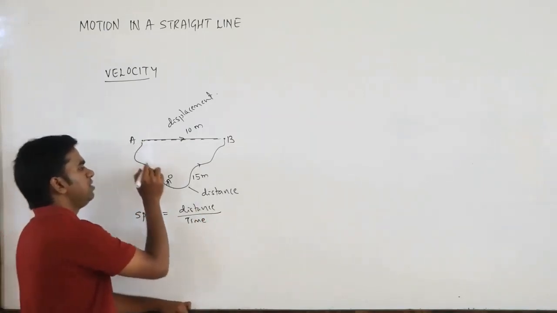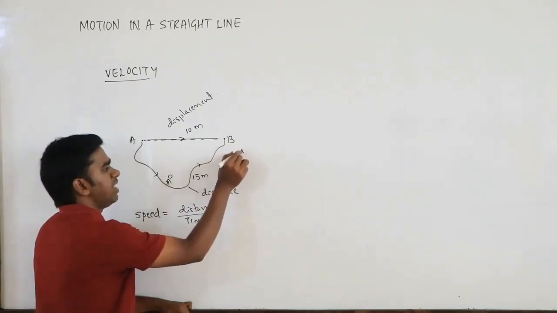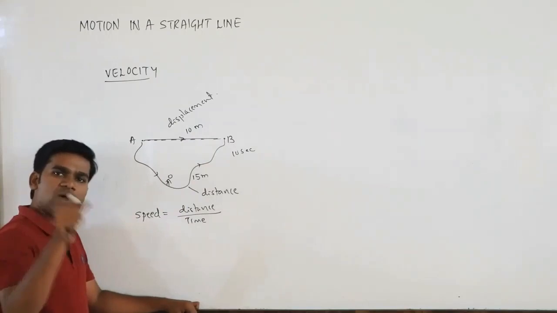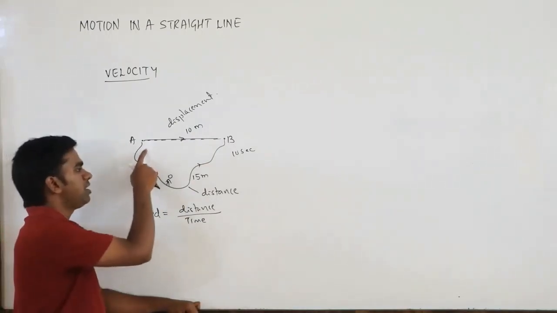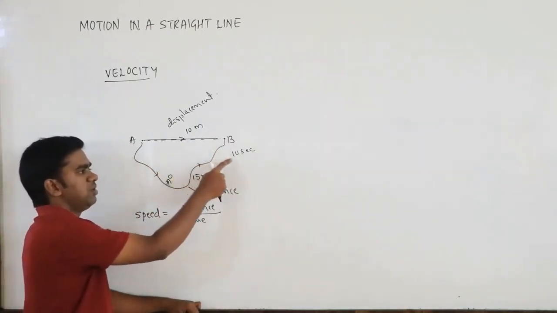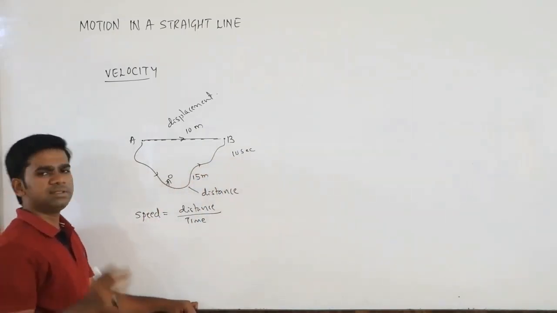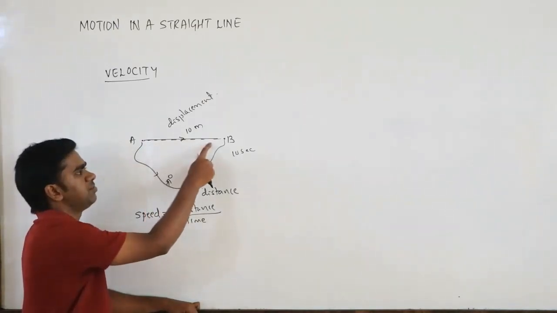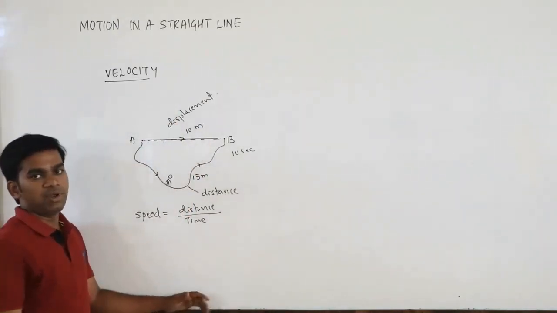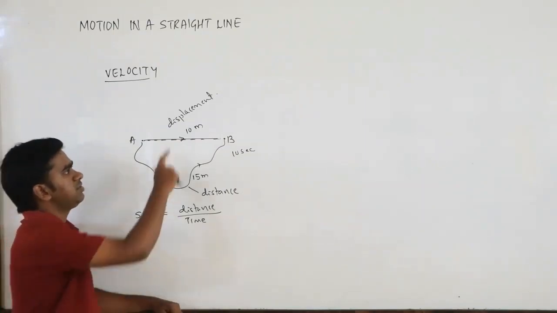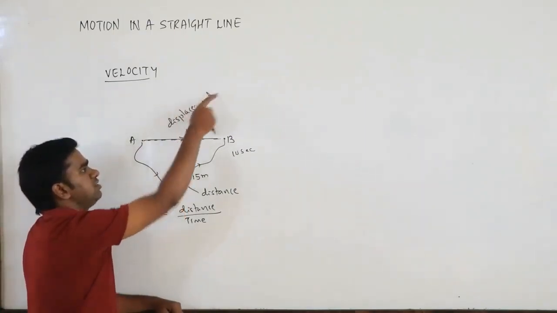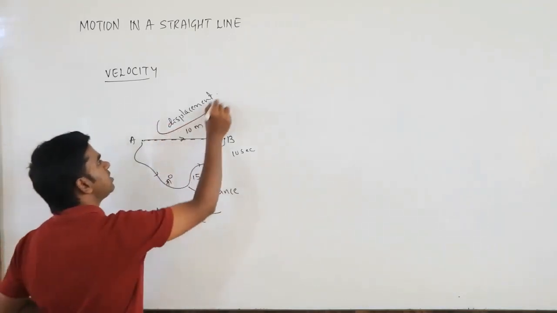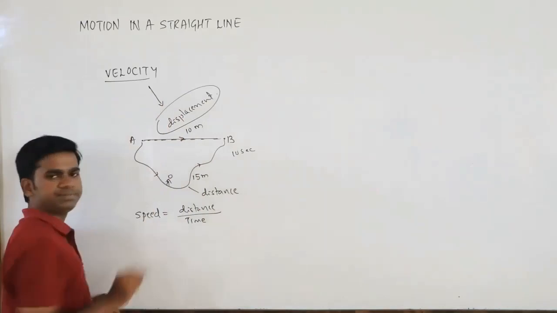When you start from here to here, let's say it takes some 10 seconds. You don't know how much time it would take directly, because you are not traveling in that path. You are traveling in this actual path, so you take 10 seconds. Somebody may tell you, why are you going all this way? You should have come directly from here to here. It is only 10 meters, but you have gone around. So this is the displacement, the shortest distance between A and B. We are going to consider this displacement to define